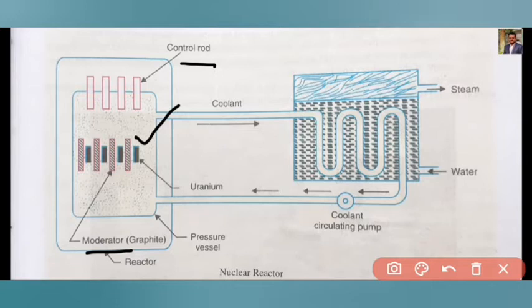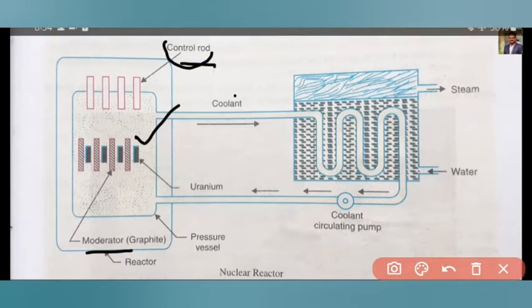If we don't slow this reaction, it will act as a nuclear bomb. The reaction would increase more and more, and it would definitely produce an explosion. So rather than having such an explosion, we use the moderator to control the neutrons, or we can say it slows down the neutrons. Then we can go through the control rod.